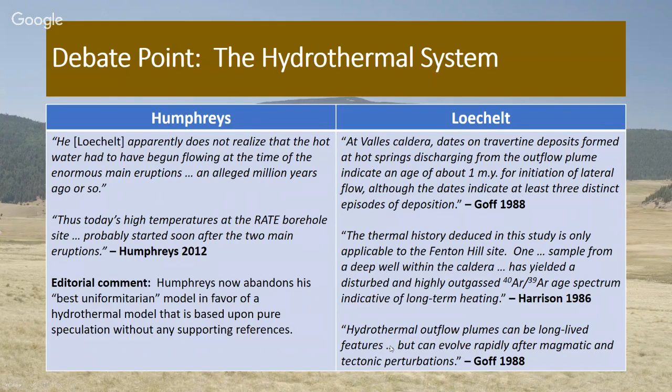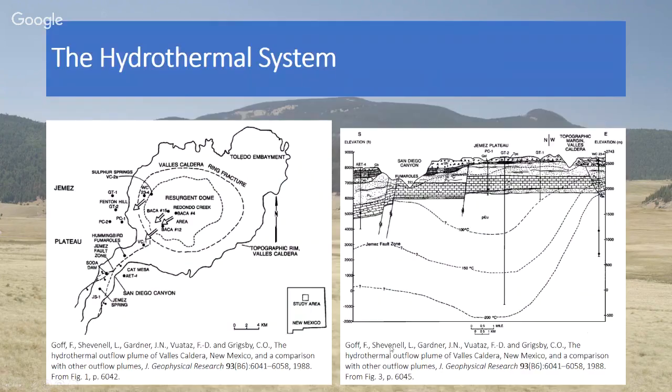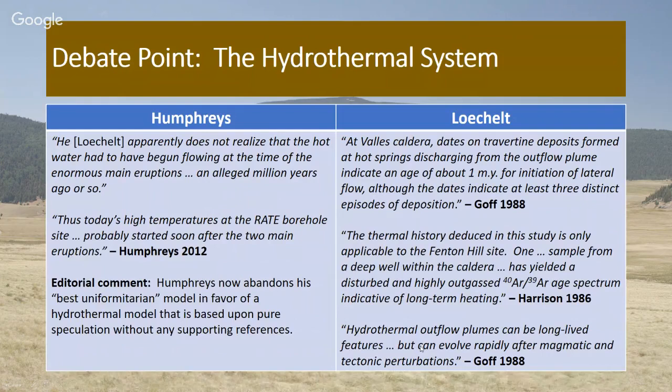So what he is saying is, yes, you can have a branch of a hydrothermal system long-lived like this, but a secondary branch like this can change and change relatively quickly because it's just flowing hot water. So the picture is this branch of the system is 1 million years old. This branch of the system is more recent. And all it would take would be some magmatic and tectonic perturbance to create that branch and change the groundwater flow.